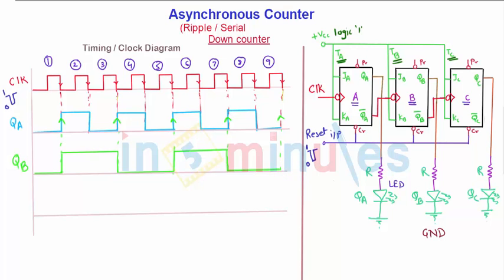Similarly, you can plot the graph for QC, and QC changes in accordance with the rising edge of QB. So this is the rising edge of QB, this one is also a rising edge of QB, and this one is also a rising edge of QB. Let me identify these ones. And it is clear that for the first clock cycle it will be 0 just because of the reset pulse that I applied prior to the clock.